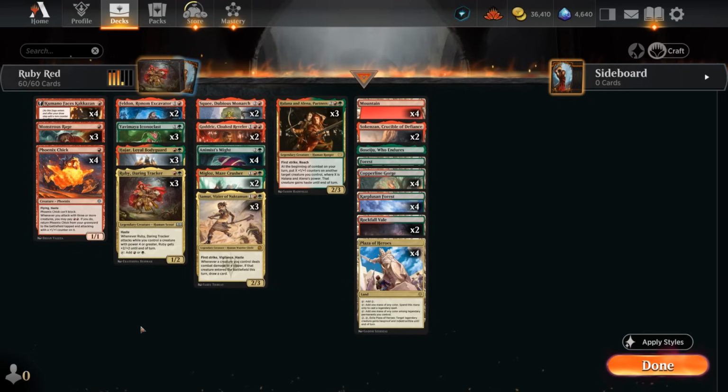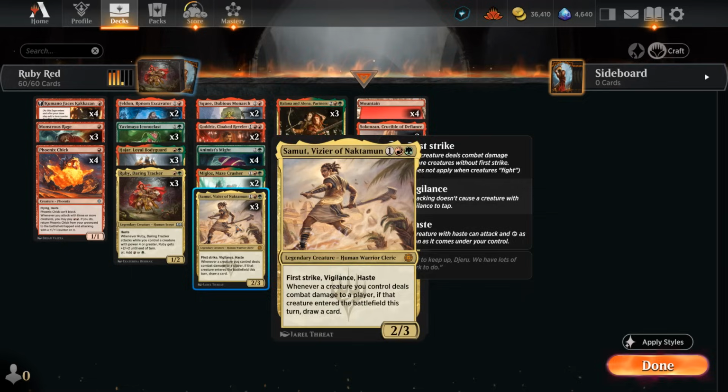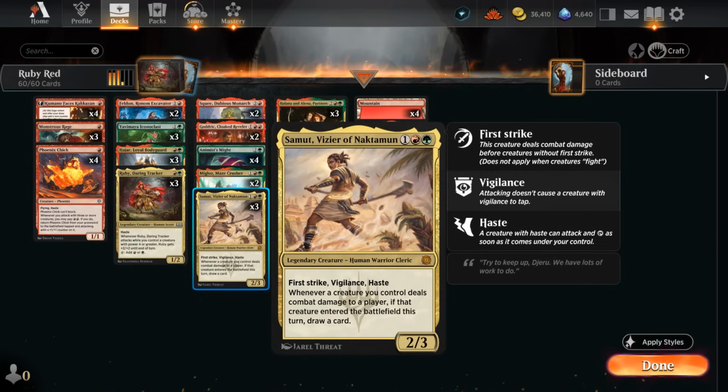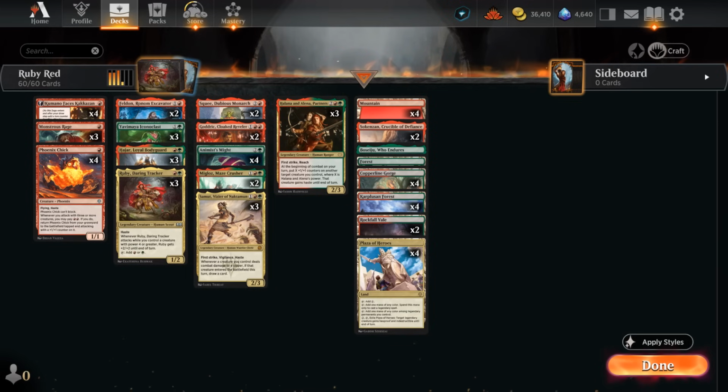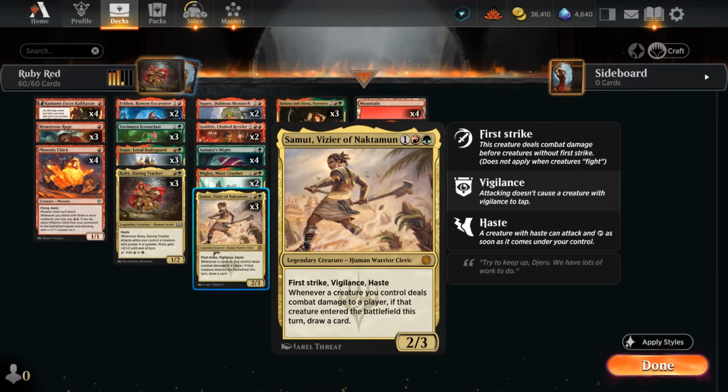And then we've got plenty of haste creatures as well in this deck as an aggressive strategy that makes sense, and it also synergizes with Samut. This 3 mana 2/3 has First Strike, Vigilance, and Haste, and whenever a creature we control deals combat damage to a player, if that creature entered the battlefield this turn, we draw a card. So great synergy with haste creatures, also very synergistic alongside Kumano, because by turn 3 it will be transformed into Etching of Kumano, so if we attack and connect with both of our creatures, we get to draw 2 cards,